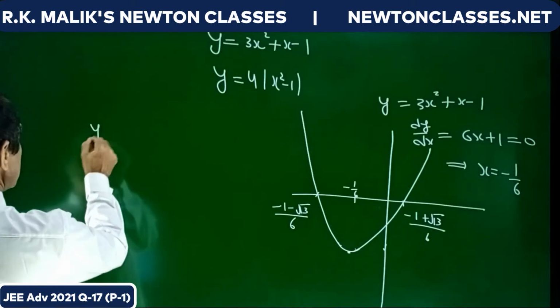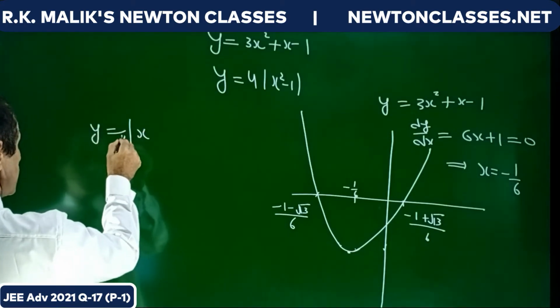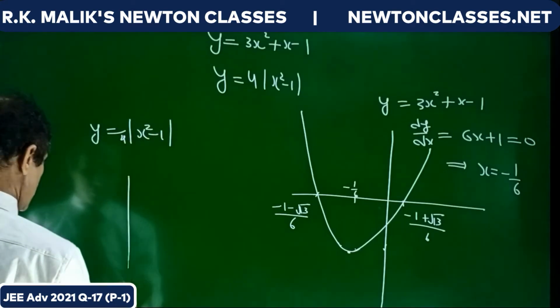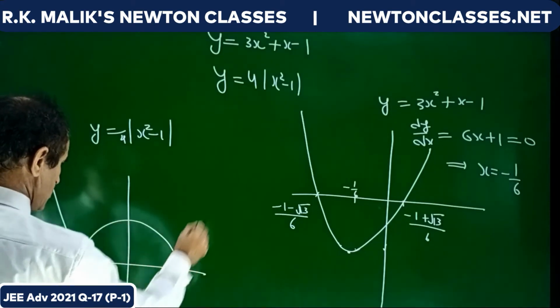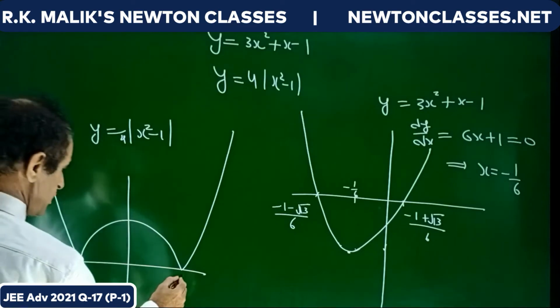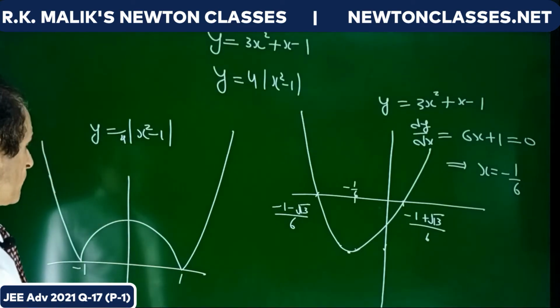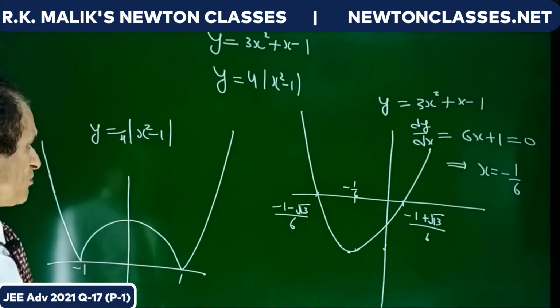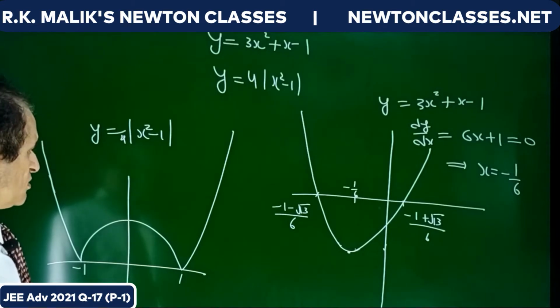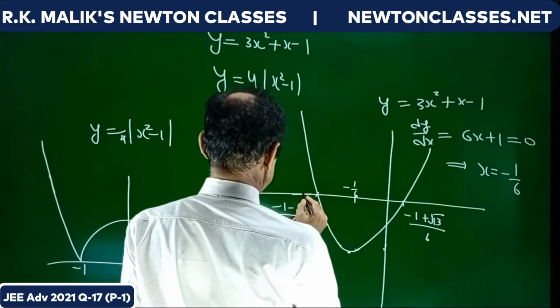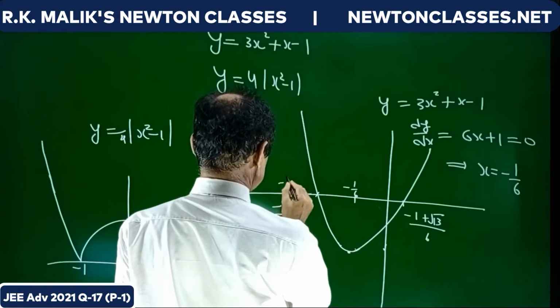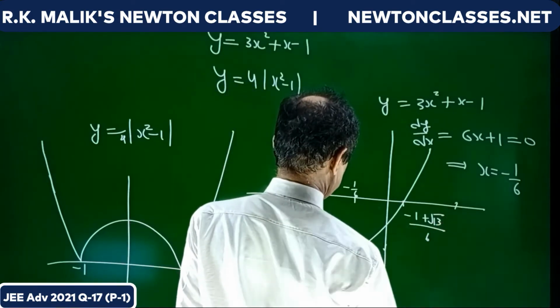And then we know that the graph of 4 into mod of x square minus 1 cuts the x-axis at 1 and at minus 1. This is the graph of this. This doesn't require any explanation because so easy questions don't require any explanation for those who are going to give the exam of JEE Advanced. Minus 1 will be somewhere here, 1 will be somewhere here,